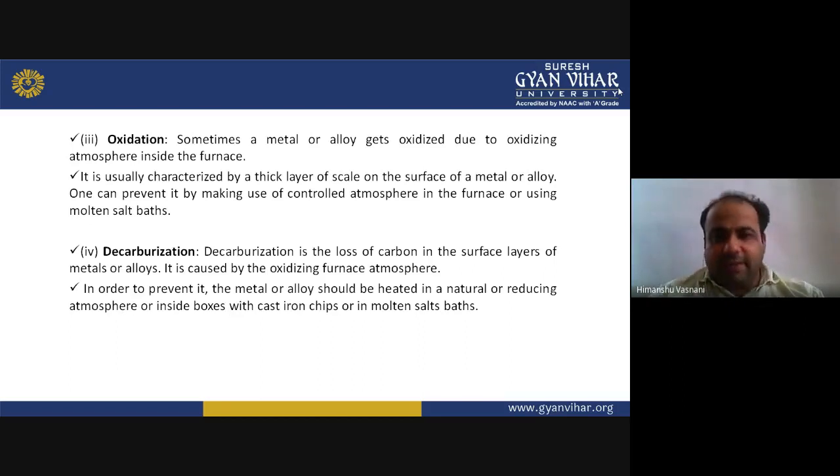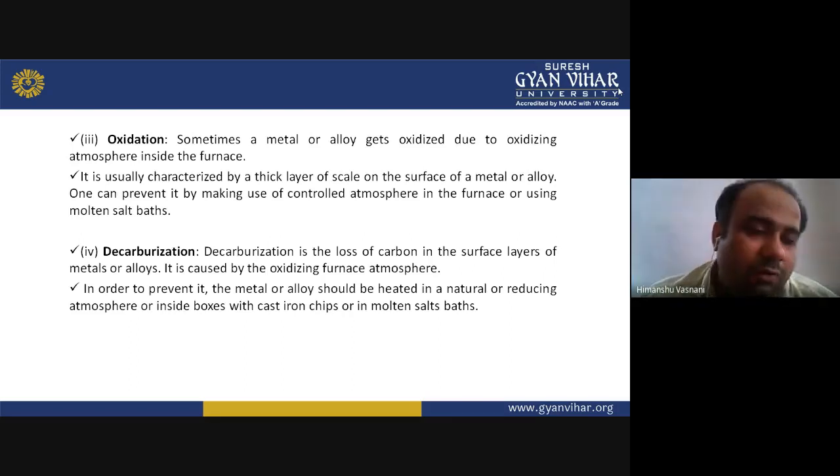When we talked about furnace atmosphere in the previous slide, they also told about oxidation happening. It is usually characterized by a thick layer of scale on the surface of a metal or alloy. If there is a thick layer of scale, you can understand that oxidation might have happened. One can prevent it by making use of a controlled atmosphere in the furnace, or using